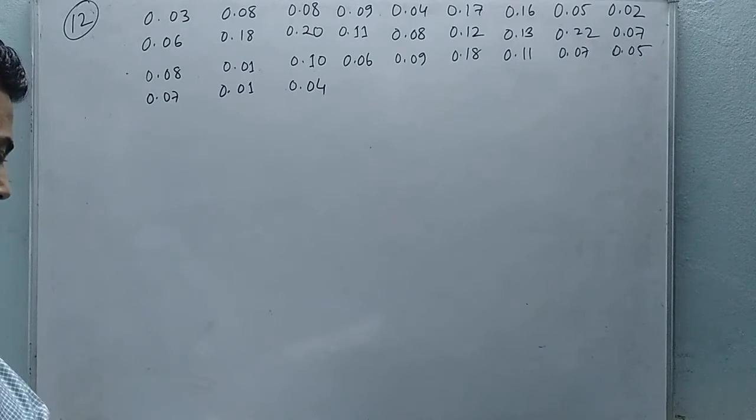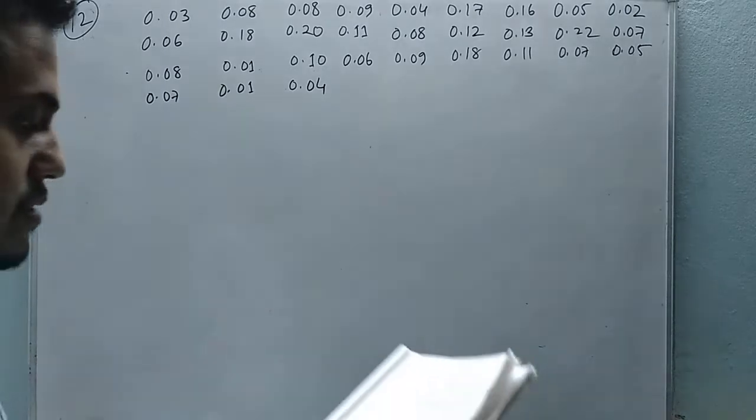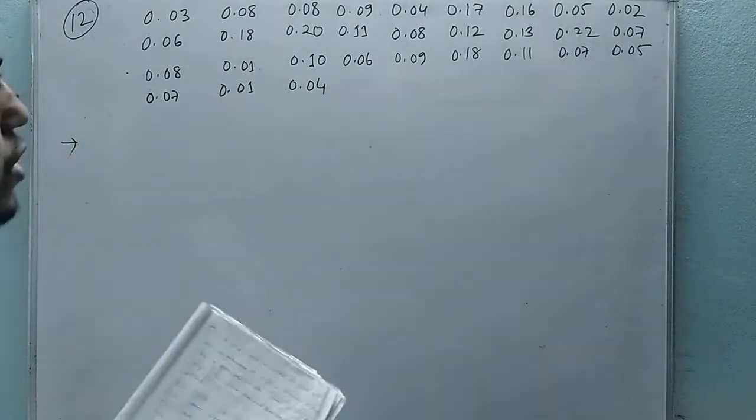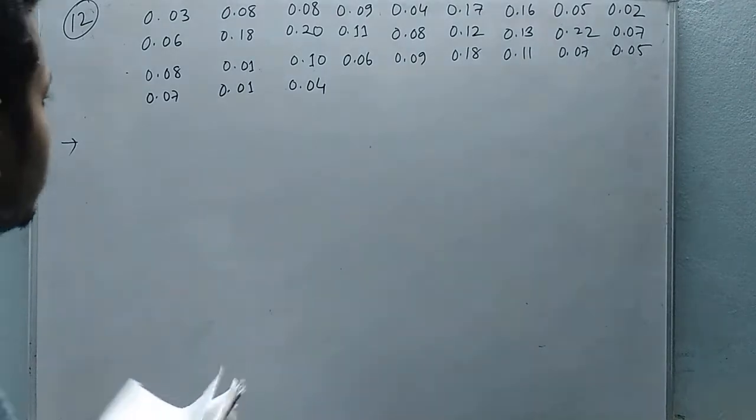You were asked to prepare a frequency distribution table regarding the concentration of sulfur dioxide in the air in parts per million of a certain city for 30 days. Using this table, find the probability of the concentration of sulfur dioxide in the interval 0.12 to 0.16 on any of these days. So in this question, we will make the frequency distribution table, right?